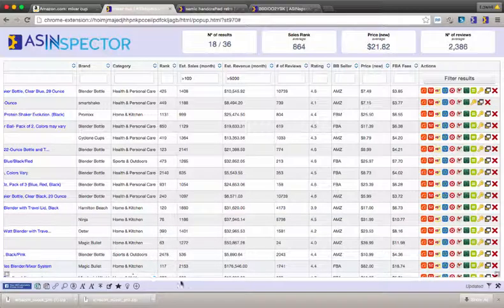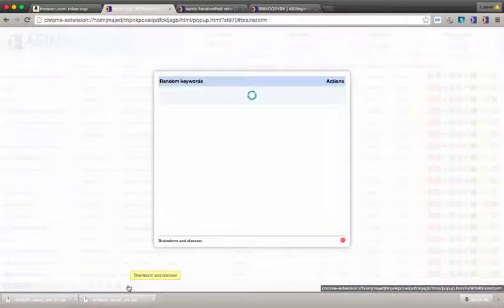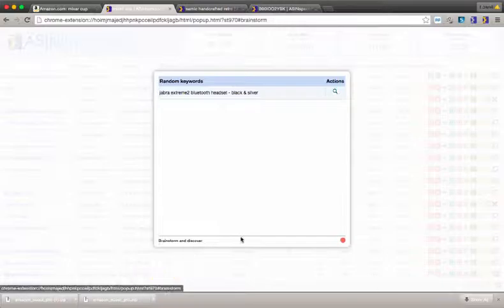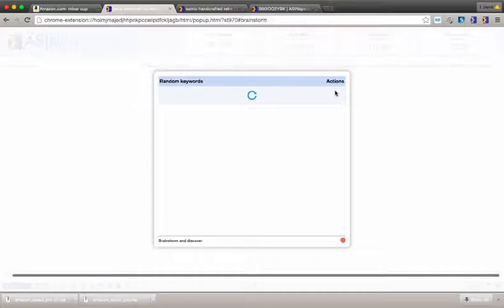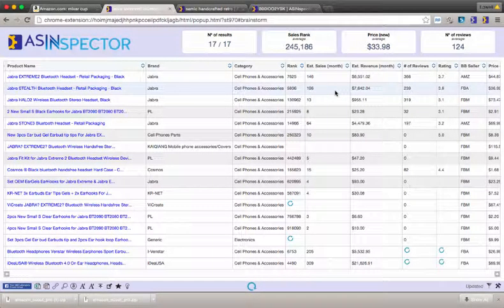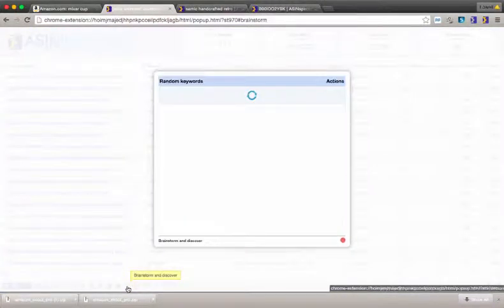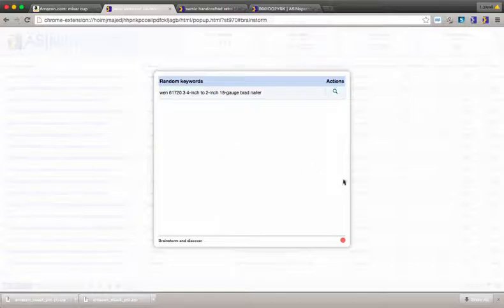On the bottom here, you'll see this little light bulb. You click on here, and I'm just gonna turn the filters off for a sec, but you can keep those on if you want certain things to always show up. But let's clear the filters and click on this little light bulb here. And this is just a randomizer, okay? So you can just click on this and it'll completely find something absolutely random, just to give you brand new ideas of things that may be selling. So if you don't like that, just keep hitting the randomizer button, and you'll come up with the weirdest things that